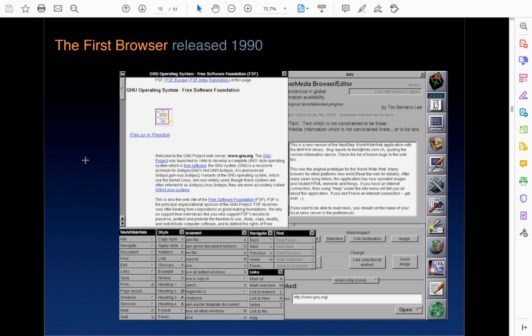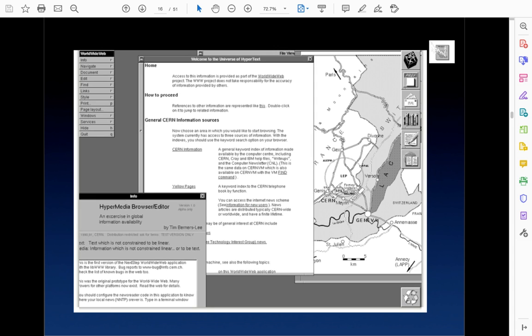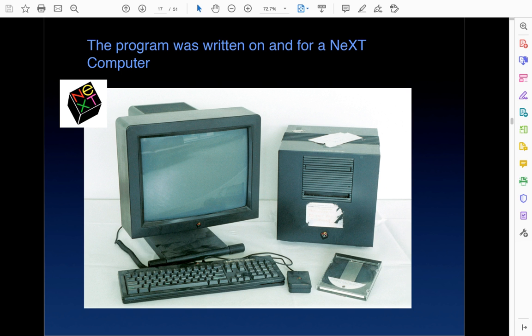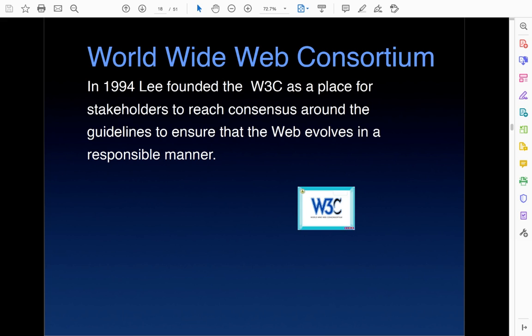Notice it's a browser and an editor called Hypermedia Browser Editor. There's the computer. And Steve Jobs had something to do with this. Interesting. All right. Well, now Tim Berners-Lee, he's been knighted, so he's Sir Tim Berners-Lee, and he goes on to